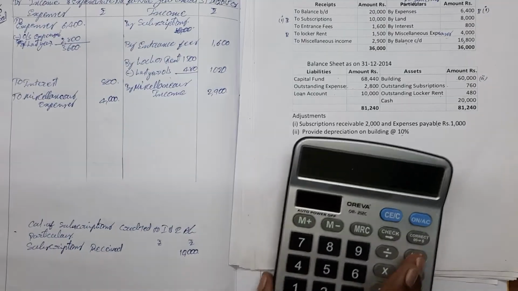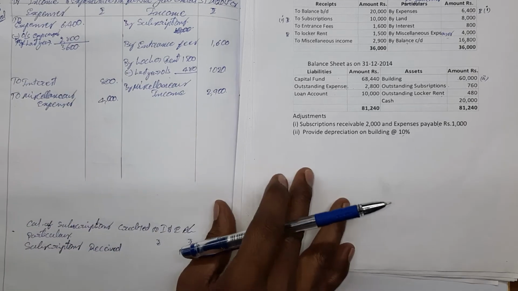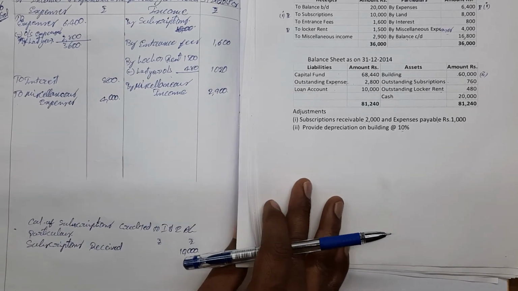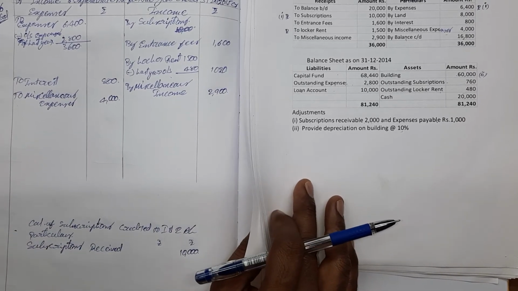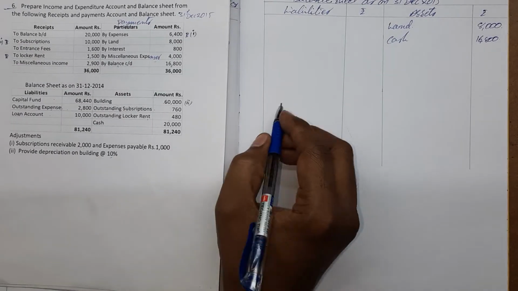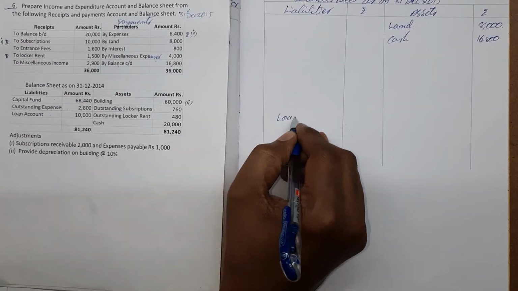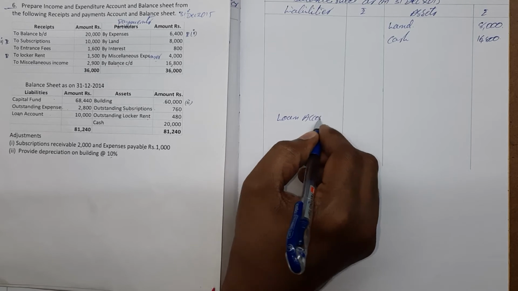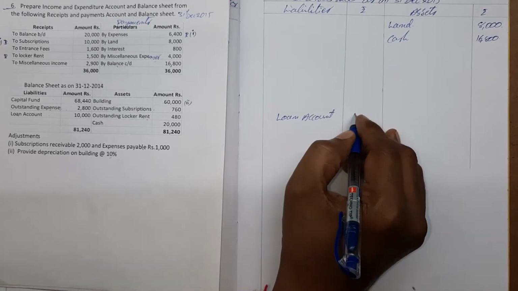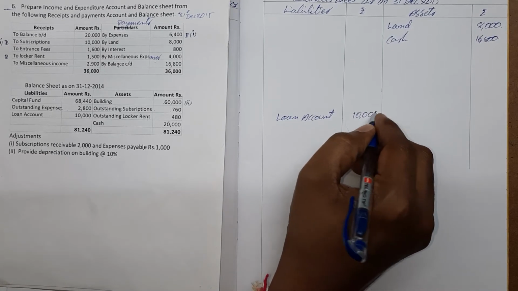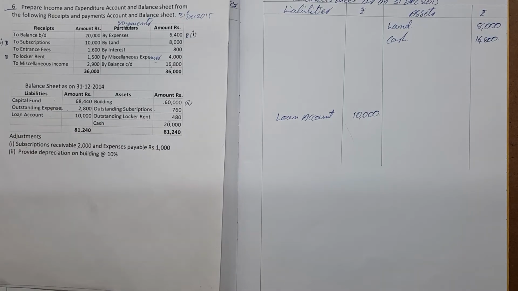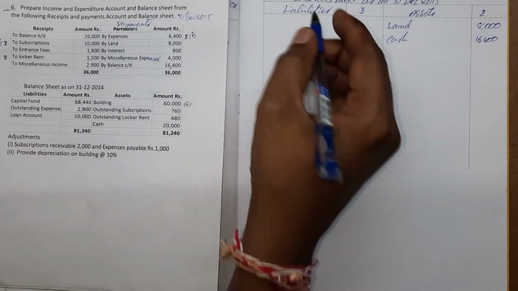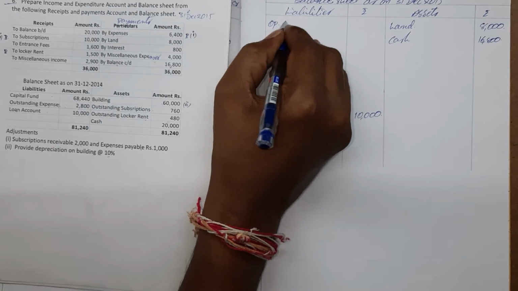Next, loan account. The loan account is a liability. It is not repayment of any loan. There is a loan, so simply you can continue with the same loan. Loan account amount is 10,000 rupees. So all liabilities are also completed. Capital fund also you can write, opening capital fund,